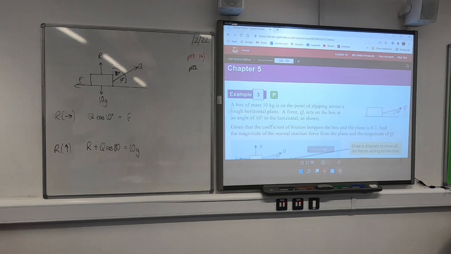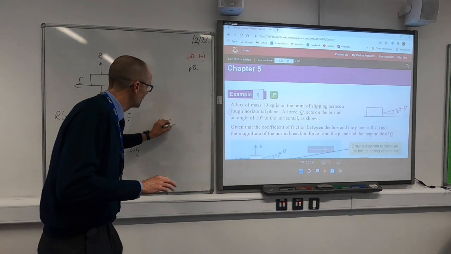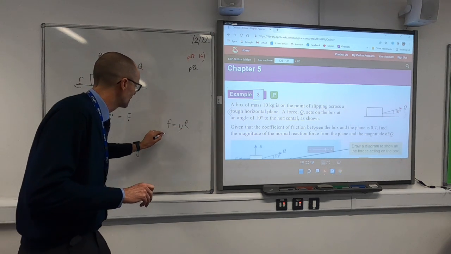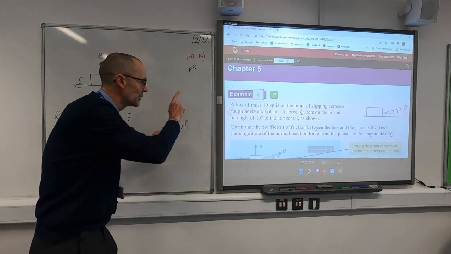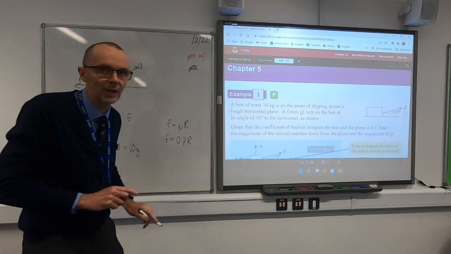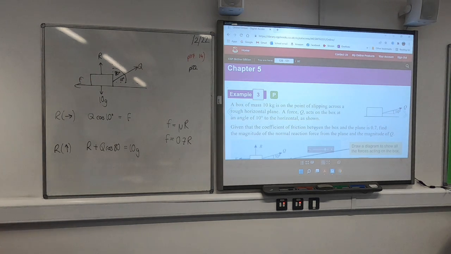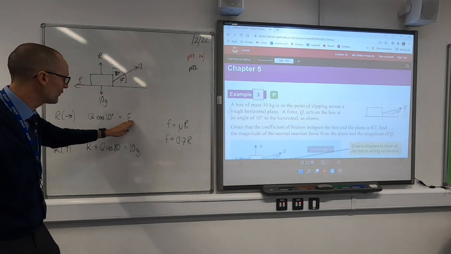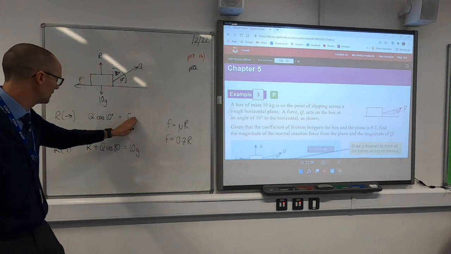So this looks like a tricky one because I've got two equations but three unknowns, but don't forget the third equation in this story is that F equals mu R, and we're told mu in this case is 0.7. Mu is always a value between 0 and 1, so 1 is really rough and very low is nice and slippy. So what I can do now is I can replace that F with 0.7R